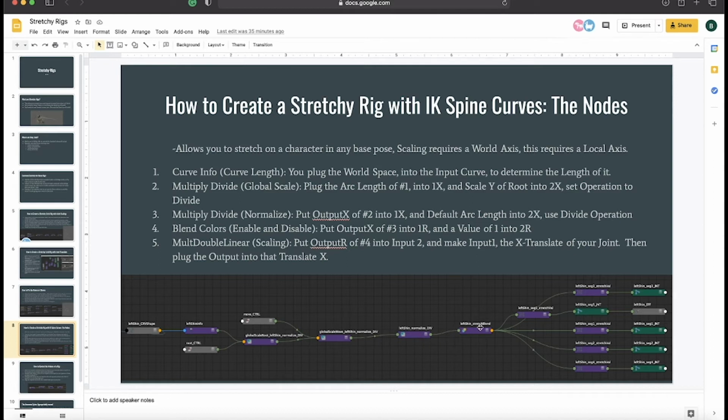Then we'll use our blend colors nodes to enable and disable the stretchy. Set the input 2R to a value of 1 and the input 1R to the output X value of the normalized div. And for this case, I used multiply double linear nodes. You could also just probably use multiply divide nodes. But you'll have an input 1 and an input 2. So what you want to do is set the out color R to the value of input 2, and you'll set